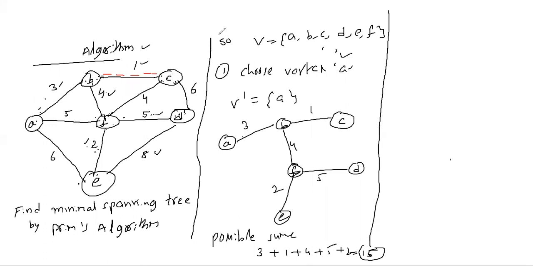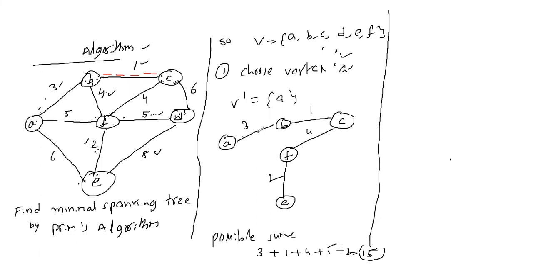For example, if you have a doubt, listen here. See this one, everyone. Somebody is asking: C to F is 4, B to F is 4, C to F is also 4. So you can choose C to F, 4. Next, when you come to F, what is the smallest one? 5, 2. Which is the smallest? 2. Therefore, add edge A, a 2 value.